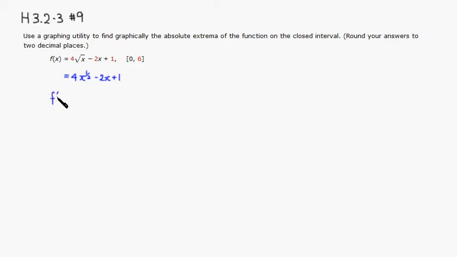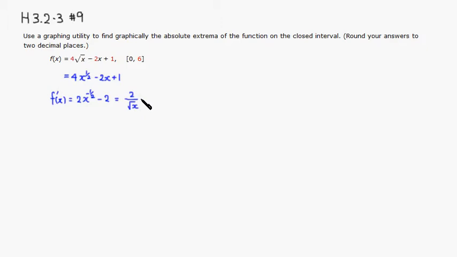So f prime of x is equal to, put 1/2 in front, so that's 2. And you have x, subtract 1 from the power, so negative 1/2. Derivative of negative 2x is negative 2. So this can be written as 2x to the negative 1/2, which is 2 over square root of x,